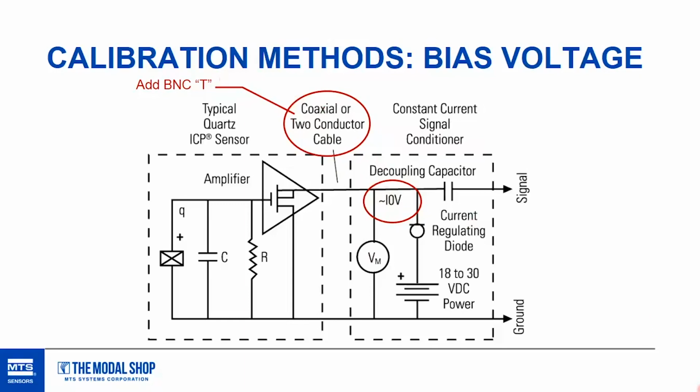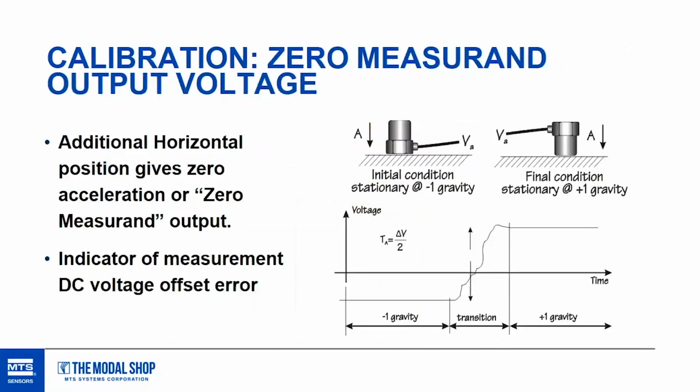Another electrical test we have on here is the zero measurand output voltage, or ZMO. This is something that can be done for a DC responding sensor, like a piezoresistive type. And a ZMO can actually be measured relatively easily. If you connect it up to a signal conditioner without any zeroing on it, so you don't want any effect from your signal conditioner zeroing out any DC voltages,